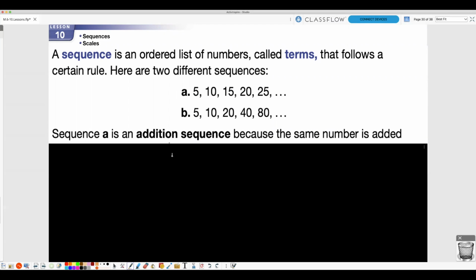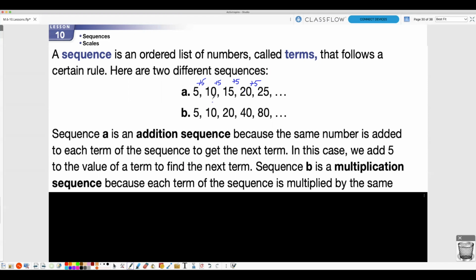So this is just another example of an addition sequence because the same number is added. What is that number? Well, you can tell that you would add 5 to 5 to get to 10, plus 5 more would get you to 15, plus 5 more would get you to 20, plus 5 more would get you to 25. On this one, it's a multiplication sequence